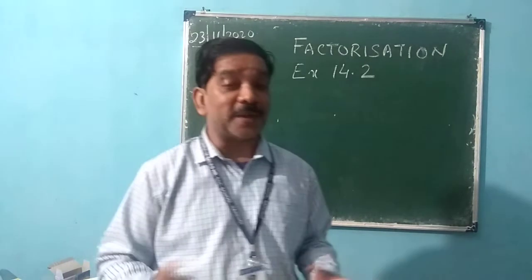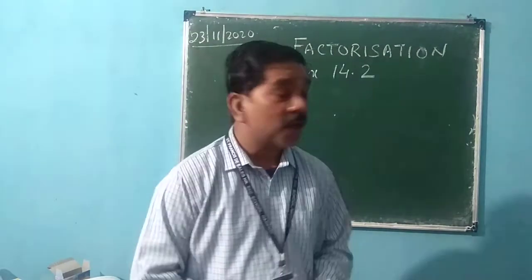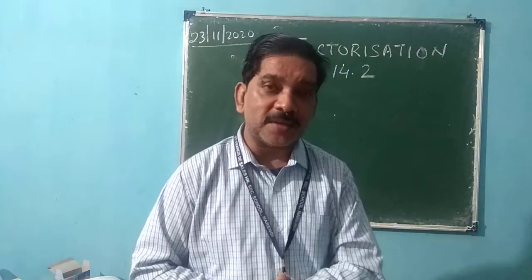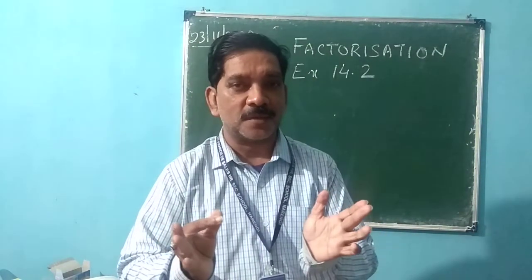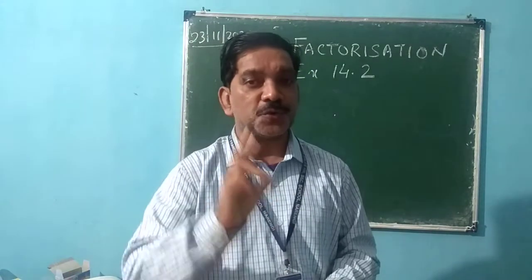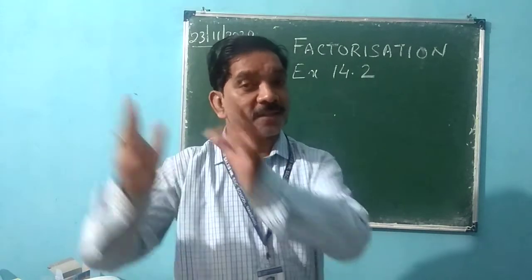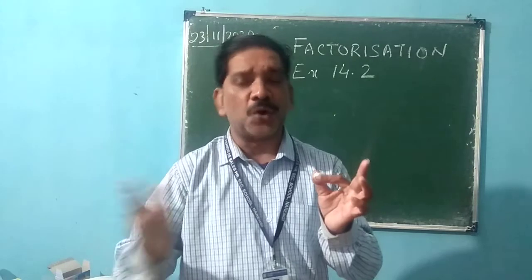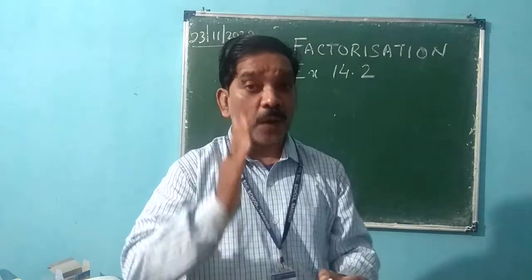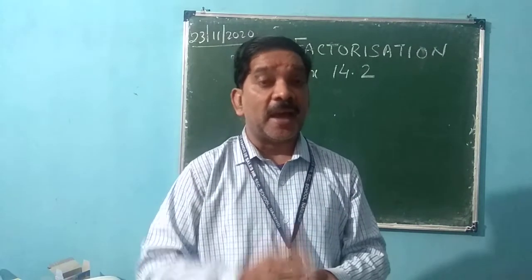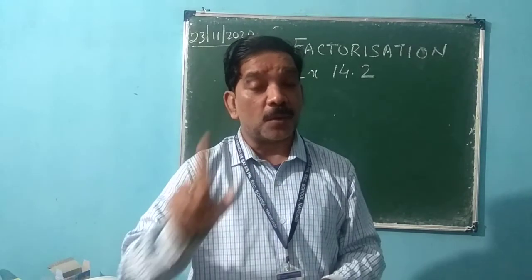So we are doing factorization. Okay. Now, what do you mean by factorization? Making factors. Whenever we express a number in the product form, it is called factorization. For example, 6. 6 is equal to 2 into 3, 2 in one bracket, 3 in another bracket. So 6 is factorized as 2 into 3. Or you can say that 6 is factorized as 1 into 2 into 3. Such processes are called factorization, and 1, 2, 3 are called factors.